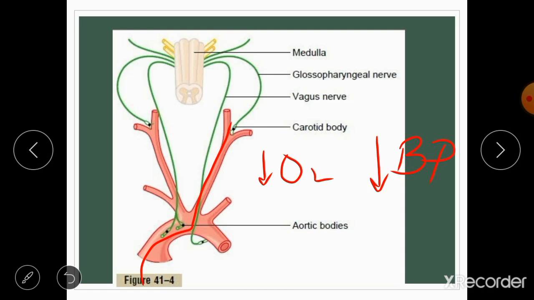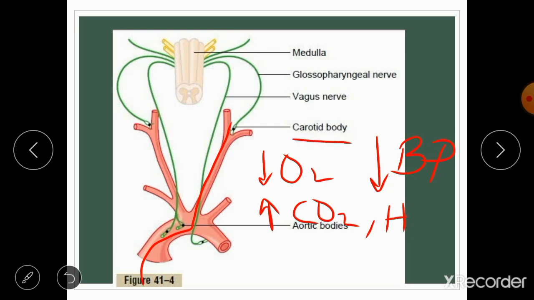So what it first detects is that there is reduced oxygen coming to it per minute, and later it detects that the pressure of blood coming to it is not enough to wash away all of its carbon dioxide and hydrogen ions, and these become accumulated in this body. So these high concentrations of hydrogen ions and carbon dioxide and decreased concentration of oxygen